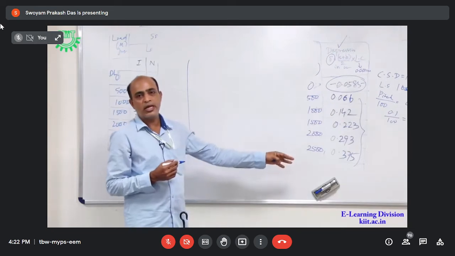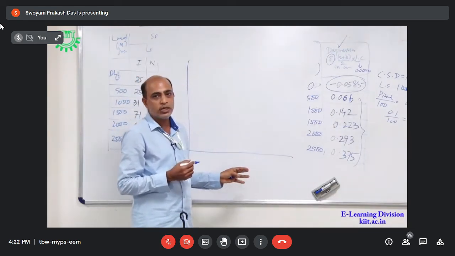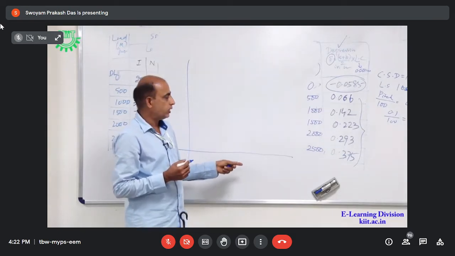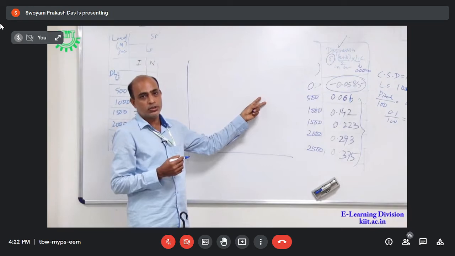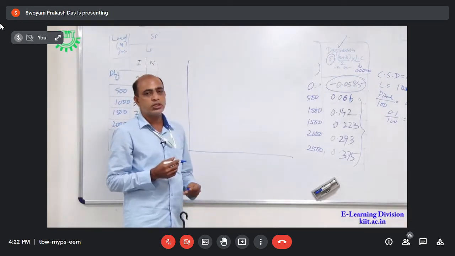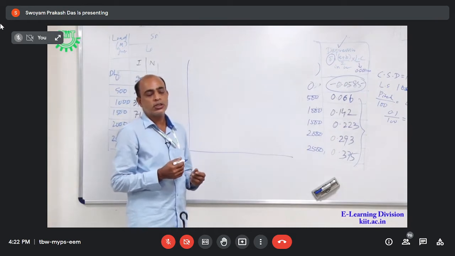Then we will calibrate and accommodate these values along the x-axis and y-axis in such a way that the entire graph can be utilized. Otherwise, it will be squeezed and the graph will give us a wrong